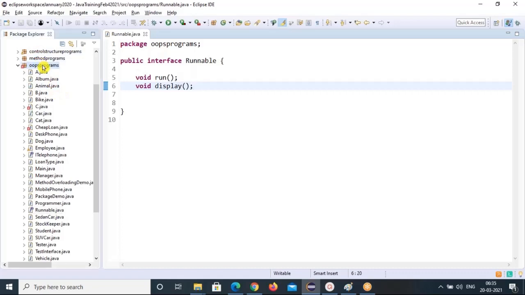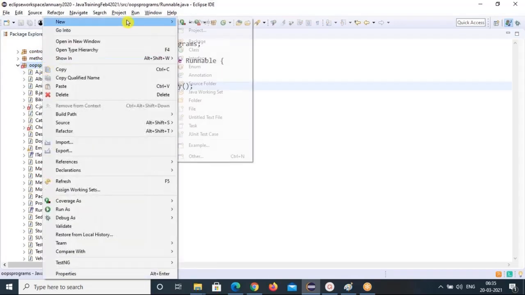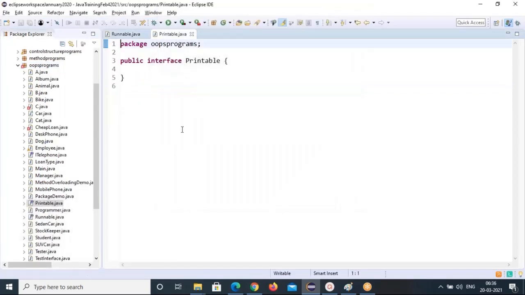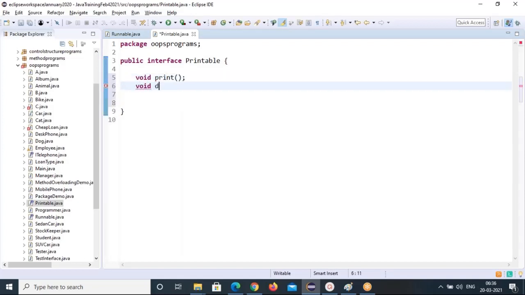Create one more interface, that is printable interface, and here I'll create two methods: void print method and void display method. Okay, so these are the methods we defined.